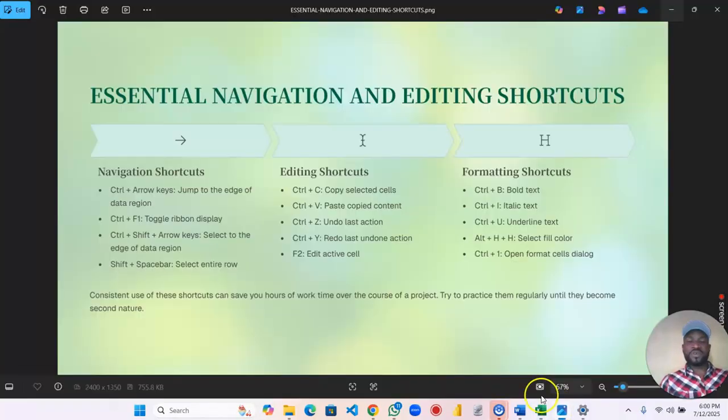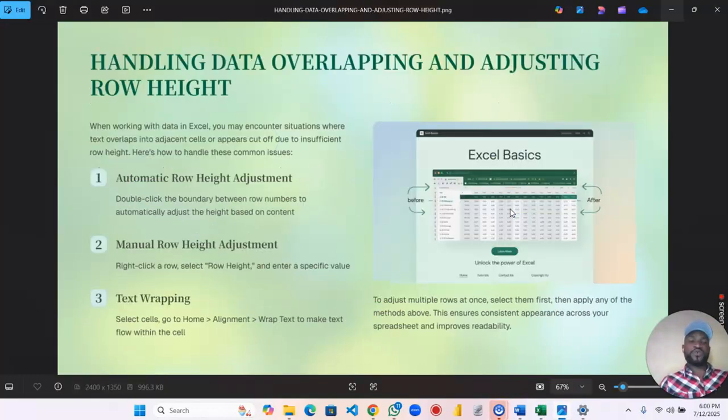So I think basically we've spoken about navigation shortcuts, editing shortcuts, and the formatting shortcuts. These 3. So in the next video we're going to be talking about